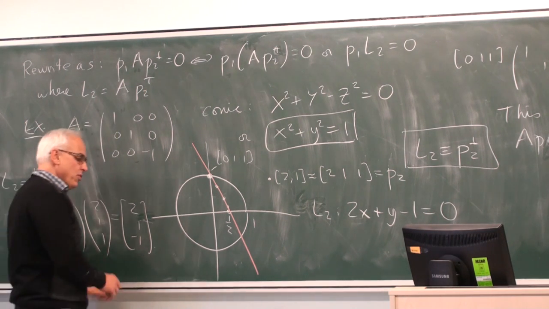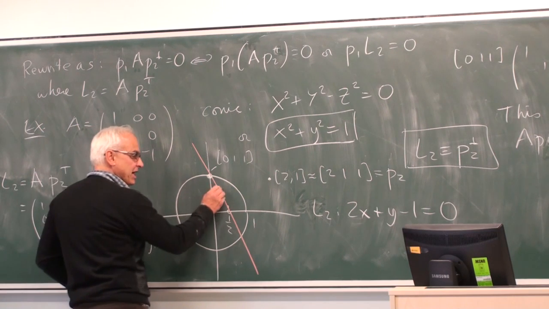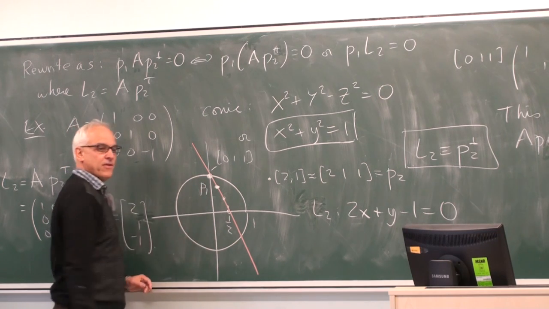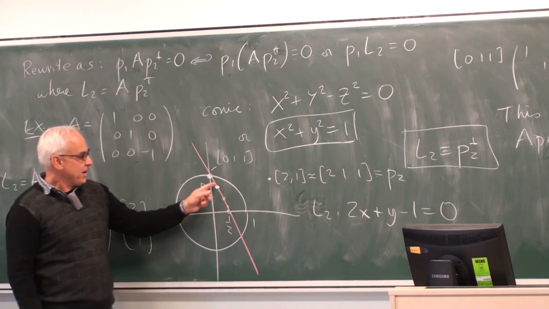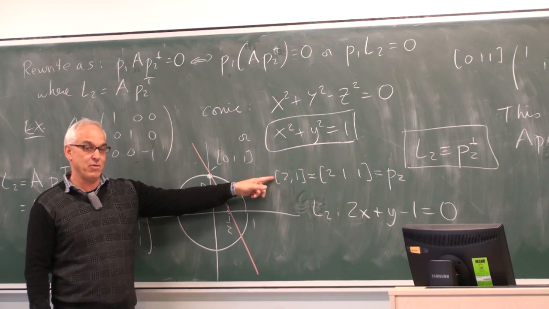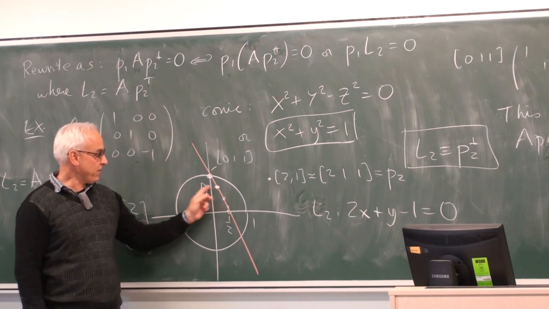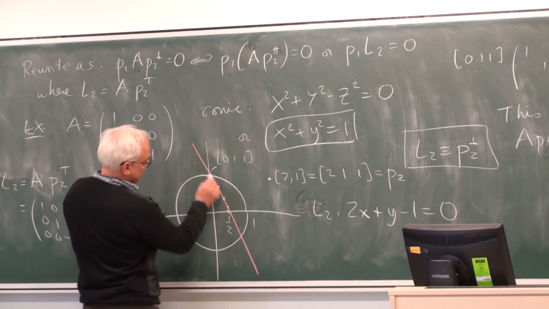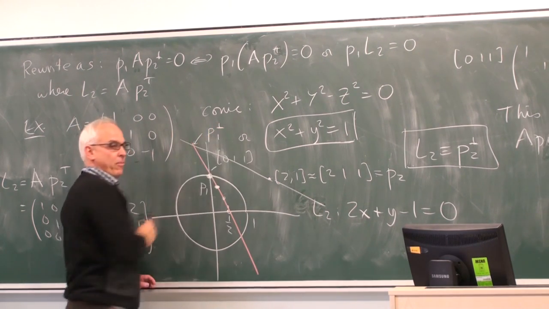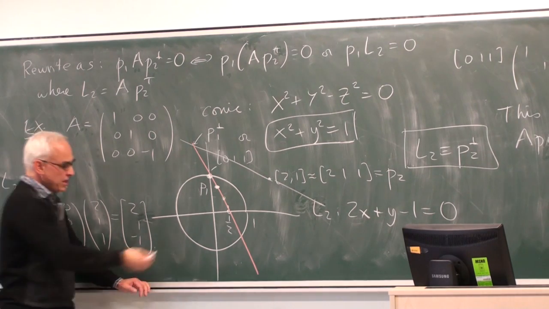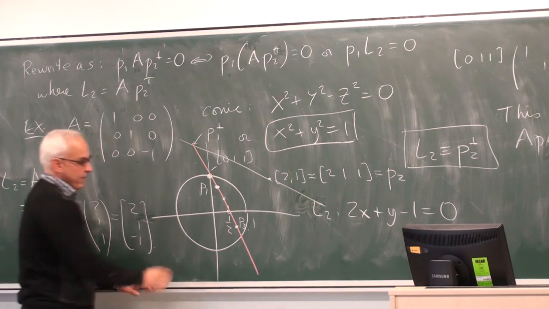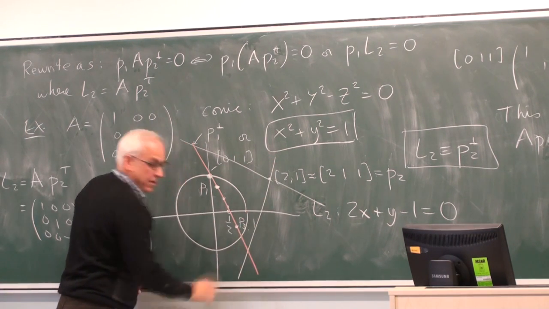So, for example, if I drew the perpendicular of this point, let's call this one P1 for the sake of argument. The perp of this one has to pass through this point because the perp of this one passes through this one. So if I want to look at the perp of P1, I would get a line that looks something like this. This would be P1 perp. If I took another point down here, let's call it P3, then if I took its perp, I would get that line.